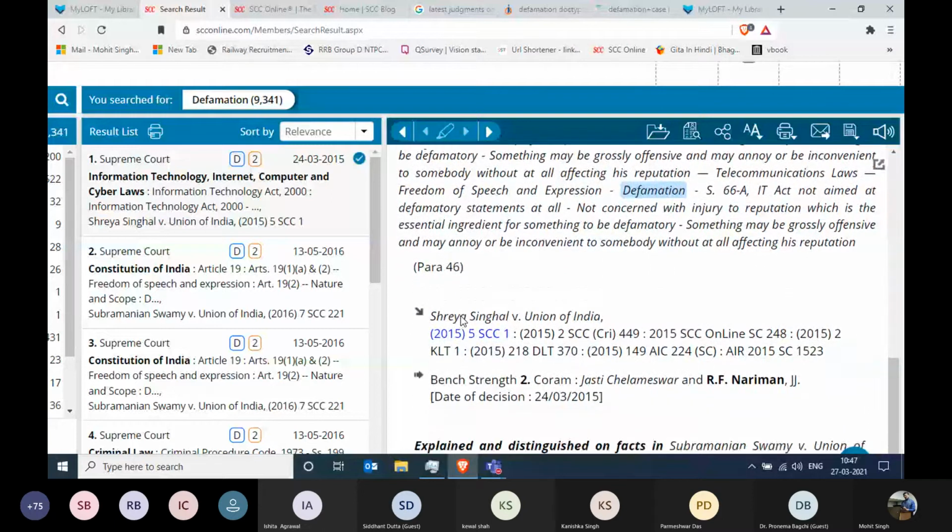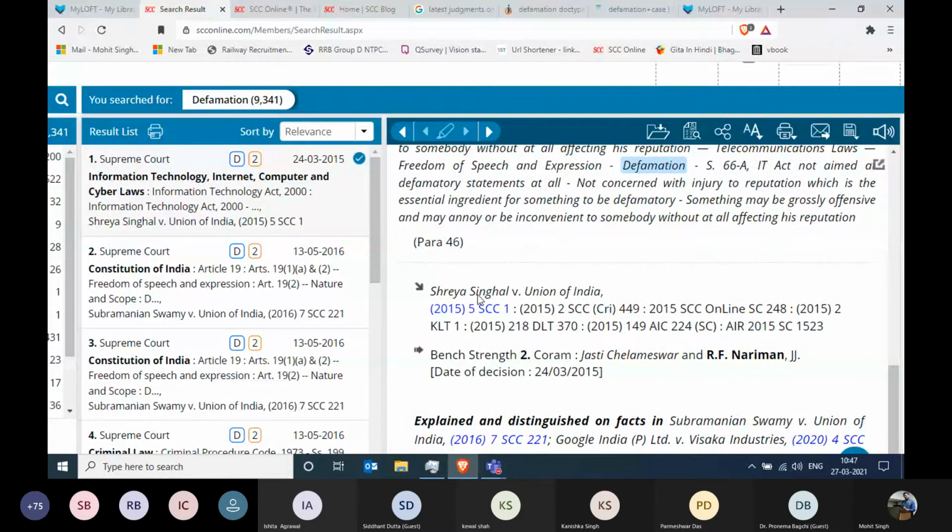From which judgment are we talking about? We are talking about the judgment of Shreya Singhal versus Union of India. You have the citations over here, but why do we have so many multiple citations, right? So citations are coming from different journals. We have the SCC journals, we have the SCC Criminal edition, and we also have the SCC Online edition. Online edition is not the physical version of the SCC Online journals, it's just a virtual version. That simply means it is just the internet version or internet printout. That is why we call it SCC Online.